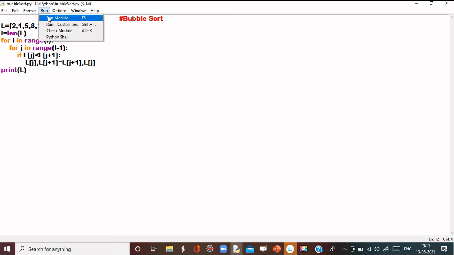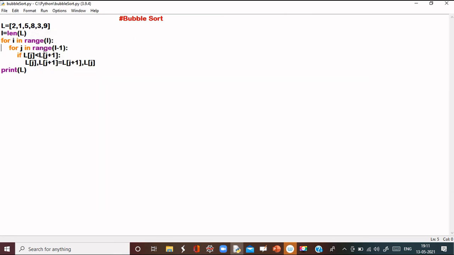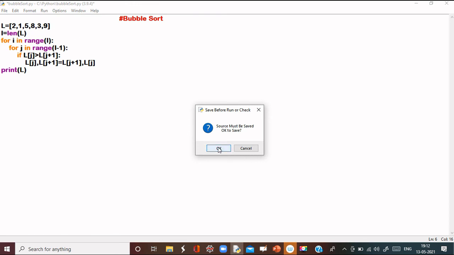You can see this is the sorting in descending order. You can see that all the elements got sorted. And now if you want to sort in ascending order, just write the greater than symbol here, and you can get it sorted.